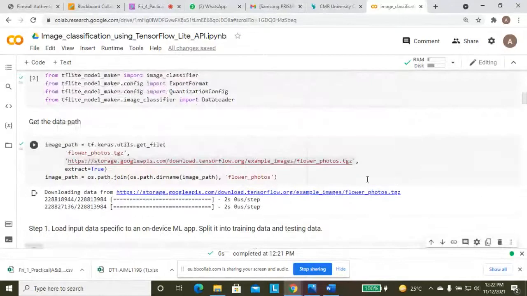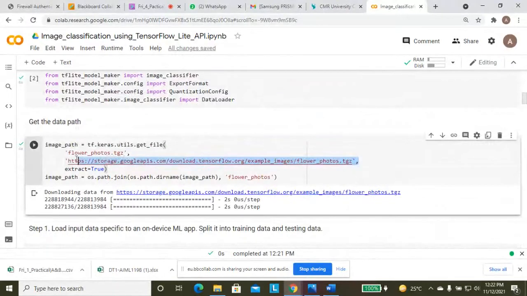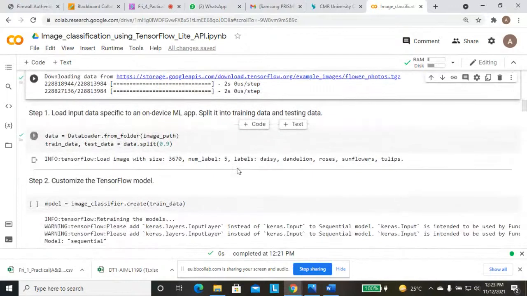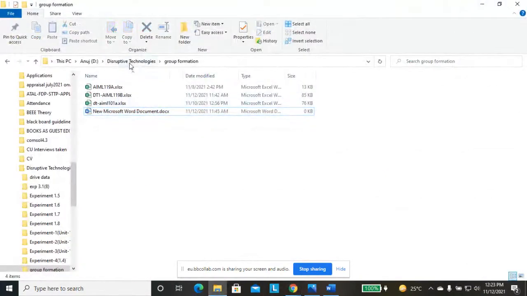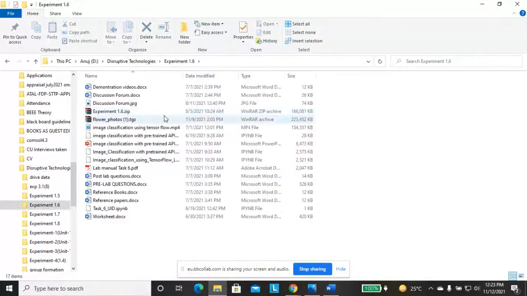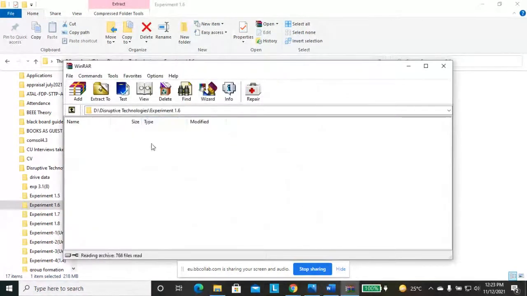So it is a complete package. I will show you that as well. If you put that address in a web browser, it will download a file. Just for your reference, you can do it from your end.